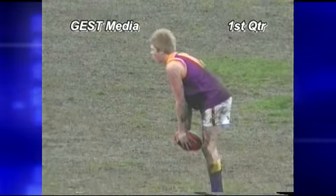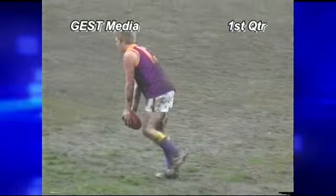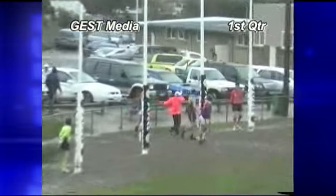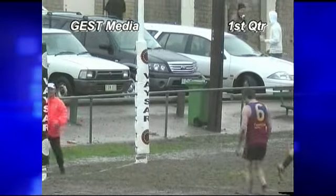So man on the mark is 30 metres out, near enough to directly in front. Jackson McLeod, the leading goal kicker for Thomson for this season. It's a low skimming kick. It's gone to the right and hasn't got the right boot on just yet. I think he was a bit...